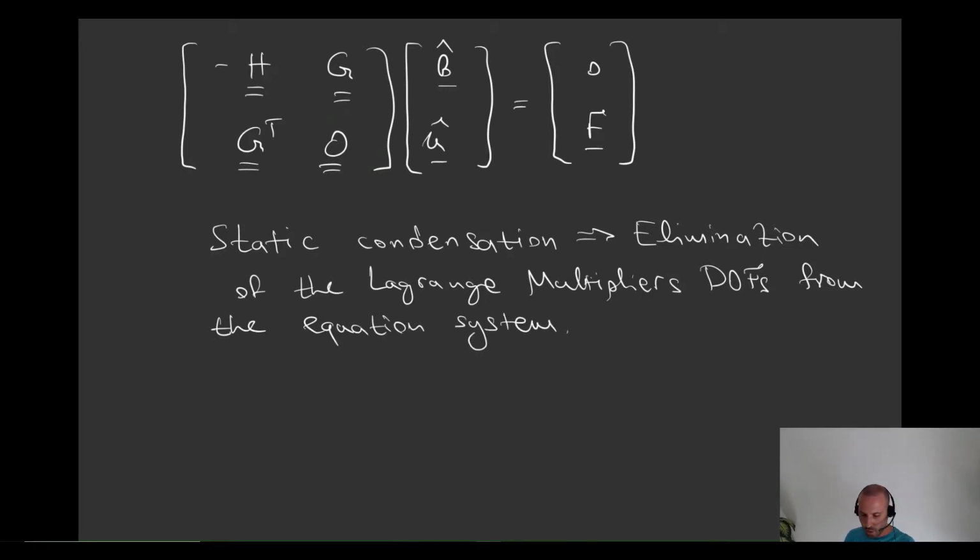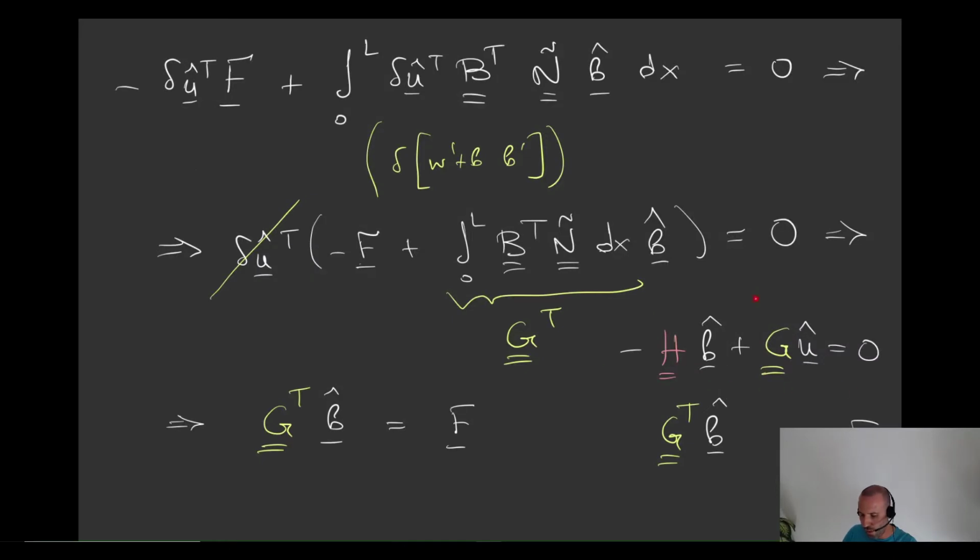Now, to do this, obviously we have to go to the first equation we had before and solve this equation with respect to beta. So in this case, we're going to have something like,